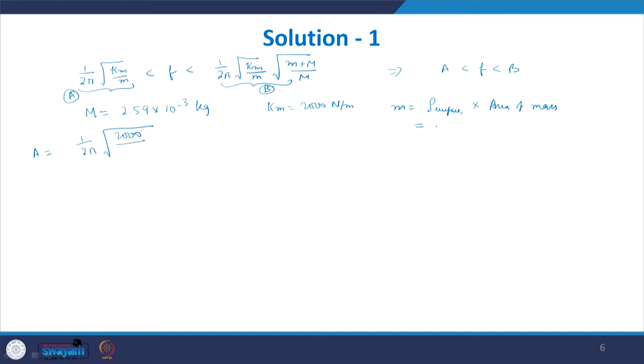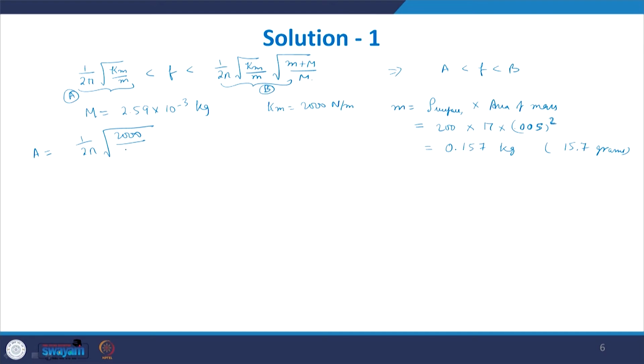So what you get is 200, everything in SI units, 200 kgs per meter square multiplied by the area, and the diameter is 0.01. So the radius will be 0.005, so pi r square, that will be its area. So the total mass then comes out to be 0.157 kgs, or you can say 15.7 grams. But we will be using this SI unit kg for the calculation.